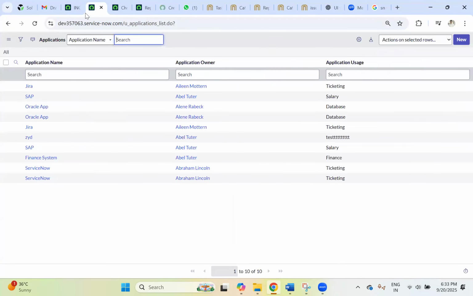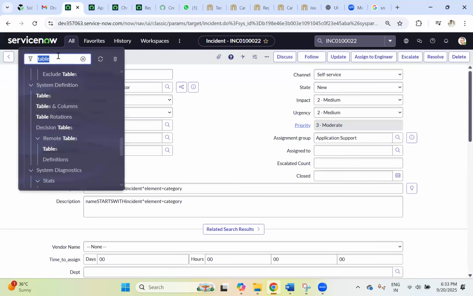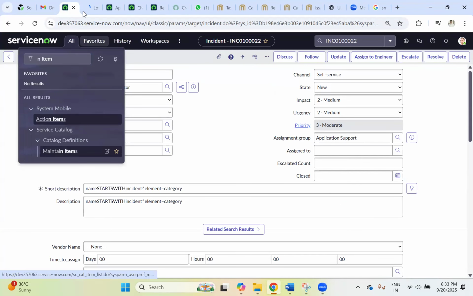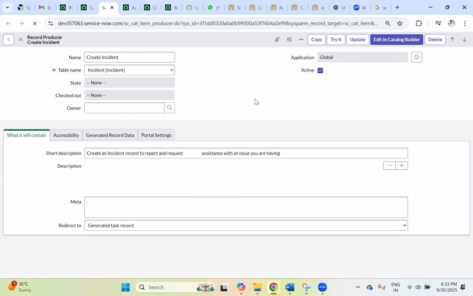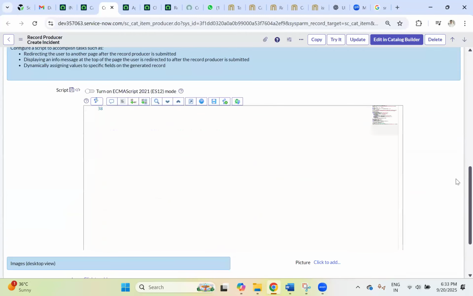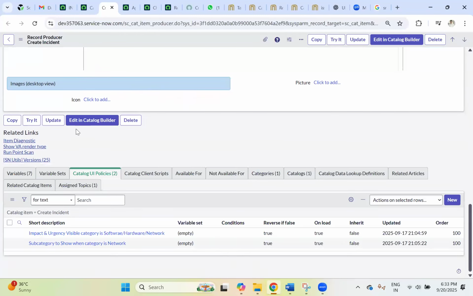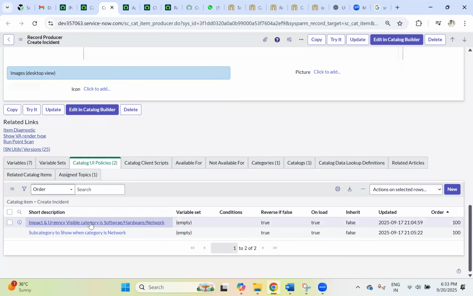So let's go here, maintain items. Maintain items is a direct one, but I'm just using my shortcut. So what did I write? This catalog UI policy, not UI policy, catalog UI policy. I have written